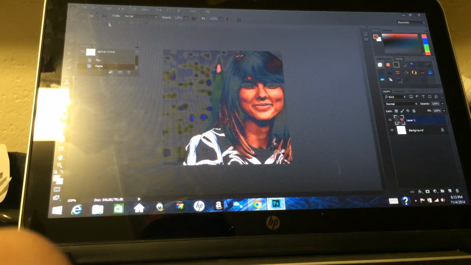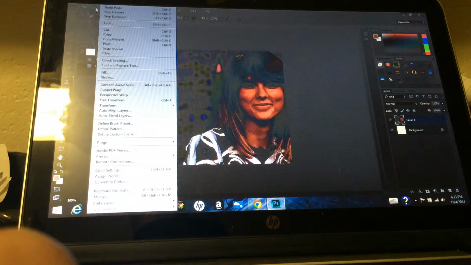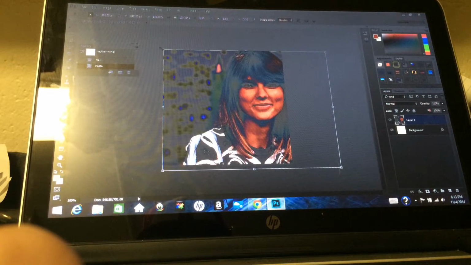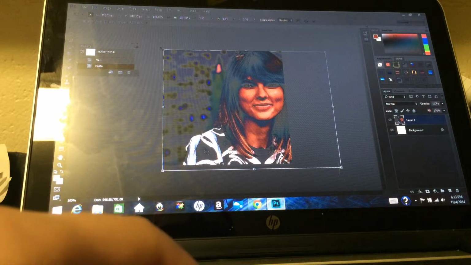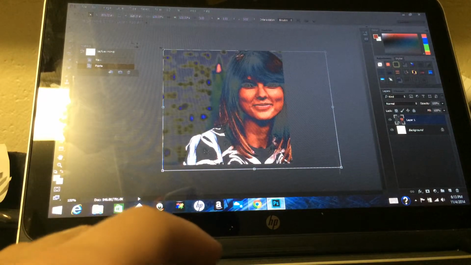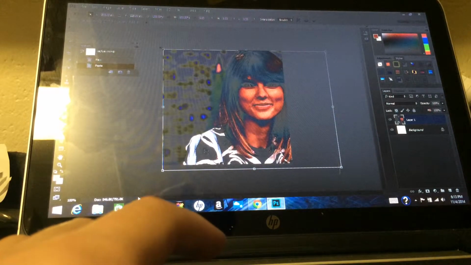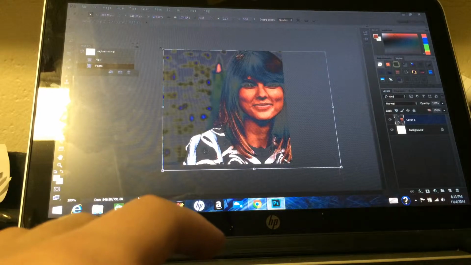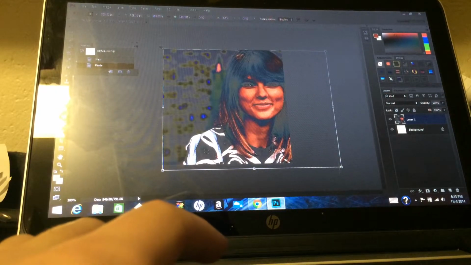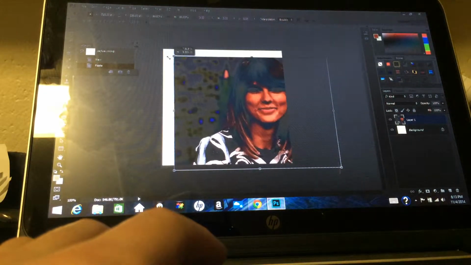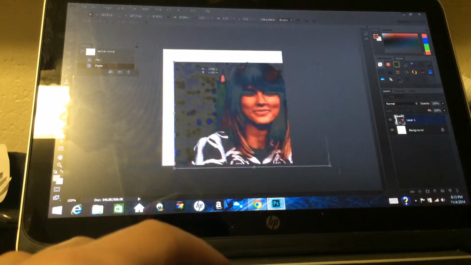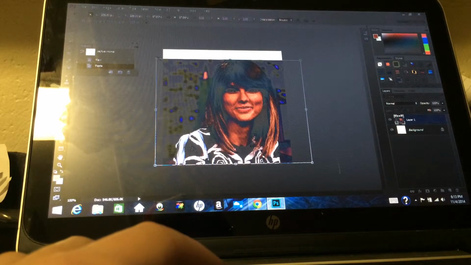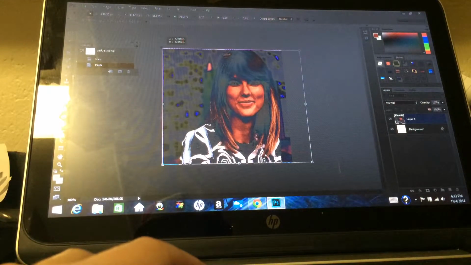Then if you want to format it, you go to edit, free transform, and you can edit. Now if you want to keep it a certain way, you hold down shift when you're going to reshape it. So if I'm holding shift right now, it stays proportionate. In this case it really doesn't matter because I kind of want it to fill the entire canvas here. So I'm just going to manipulate it like this